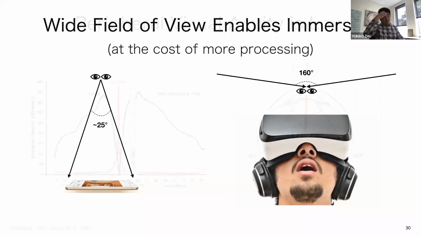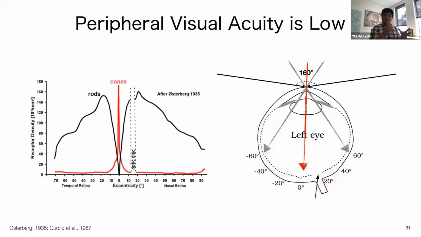And the observation here, though, is that even though these AR/VR devices provide a very wide field of view, literally lights are coming in across a very wide angle, your human visual system, the retina processing, is heavily favoring the data in the center of the retina, which is what we call the fovea. Now, in the periphery of the retina, which has higher eccentricities, your peripheral visual acuity is actually very low.